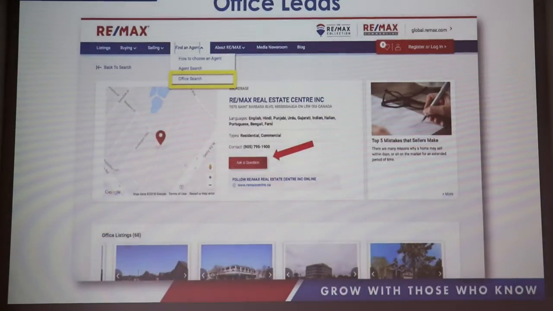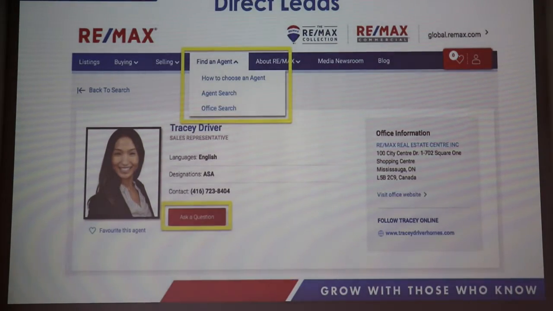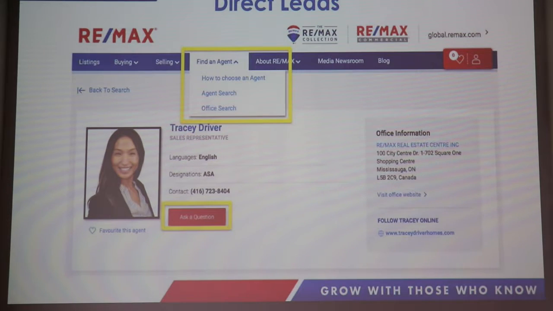Talking about lead routing, we've already talked about remax.ca. I just want to talk to you about how leads actually get routed. So the first thing I want to do is explain to you the lead logic. And the first thing is